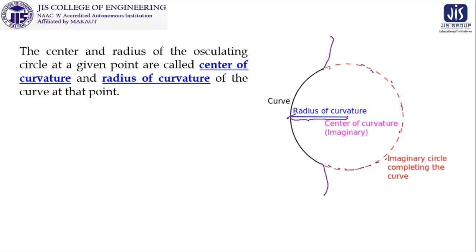Please try to understand, when the point will be here or when the point will be here, the type of circle will be different. Now this will be the circle, then this will be the center of that osculating circle. So the center of curvature at this point will be this, but it was just some time before here. So don't make any confusion in this concept. It's the beauty of mathematics that you can visualize this, and you can also generate some animations on this.